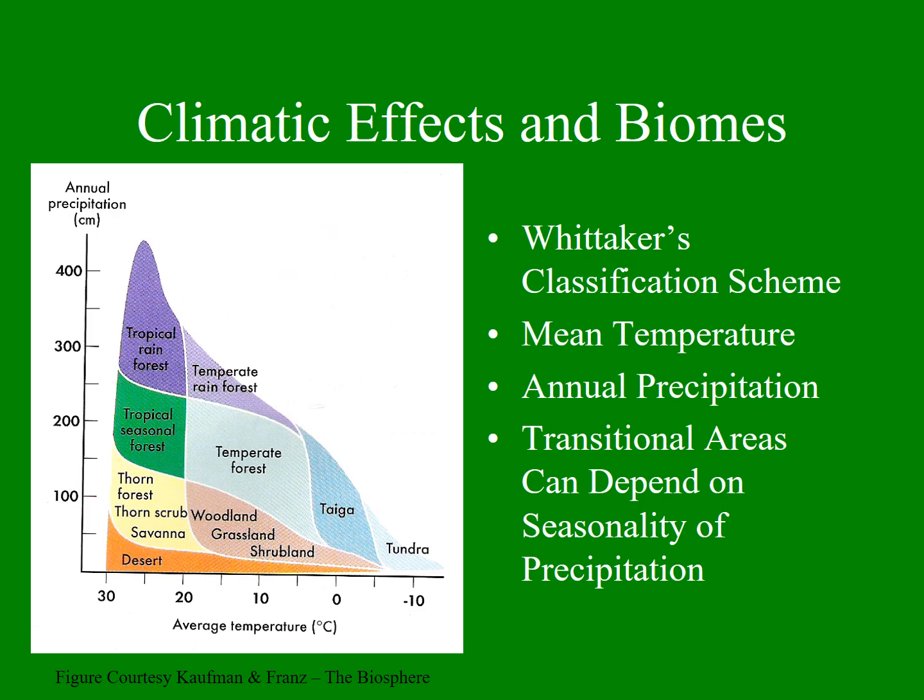In terms of the biomes, this is Whittaker's classification scheme for the biomes. Whittaker basically broke down all of the ecosystems of the world based on their average annual temperature and average annual precipitation. So on the left-hand side, between 20 and 30 degrees Celsius on average, you have tropical conditions. The wettest areas are tropical rainforest. A little bit more dry is a tropical seasonal forest. These usually have a wet season and a dry season. You get a little bit more dry, you're in a thorn forest, thorn scrub, savanna,